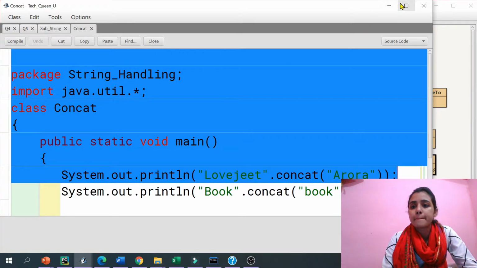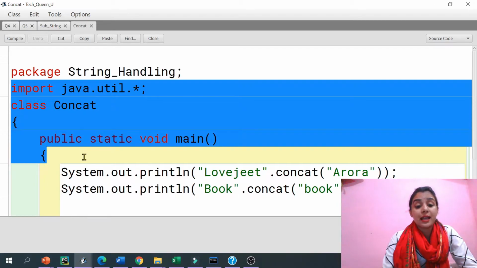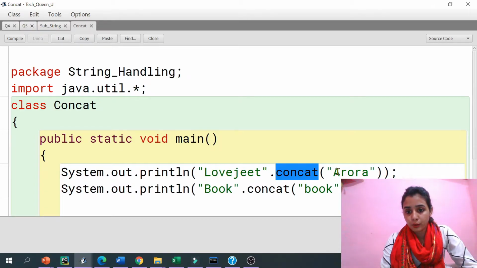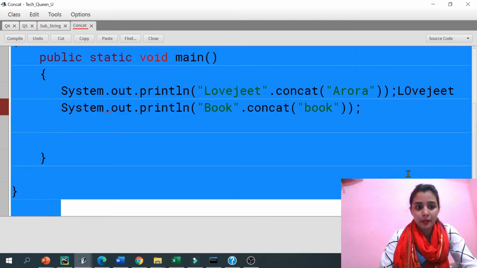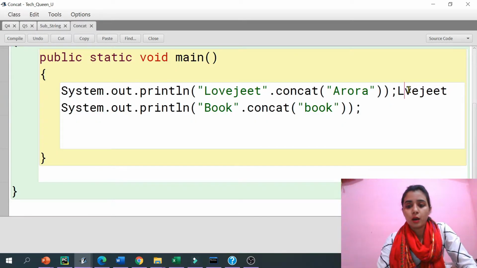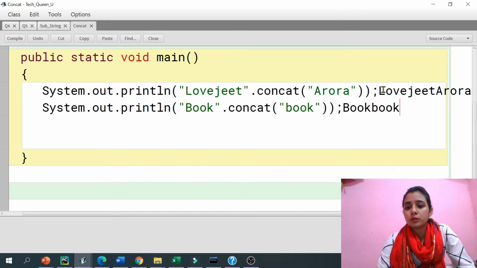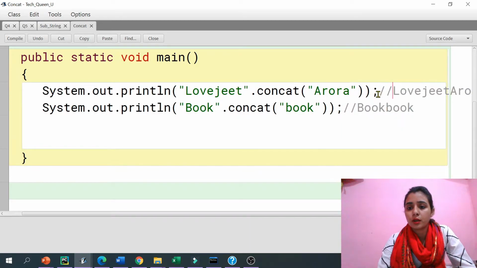Let's open that. So this is my util package class and my function, and here see guys, Lavjeet is a string, concat Aurora, so that will be printed as Lavjeet, without a space, ARORA. If I do book and book, obviously the output will be without a space, B double O K. So let me put this into a comment.